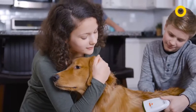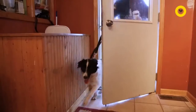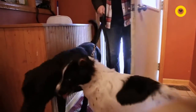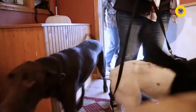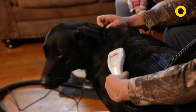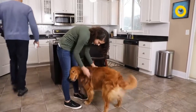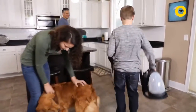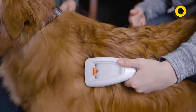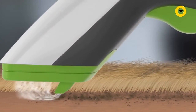What it also allows people to do is clean more frequently. In 10 minutes I can have all 3 dogs, just a slight cleaning, and the smell goes away and everything. I mean, it works great. You could actually bathe your dog every other day if you wanted to, and it wouldn't be a chore. Where before it was a chore to bathe 3 dogs. You can use it in your kitchen, and just within less than 10 minutes you can wash your dog. This is different because we're actually changing the way that you wash the animal. Normally you would wash from the...